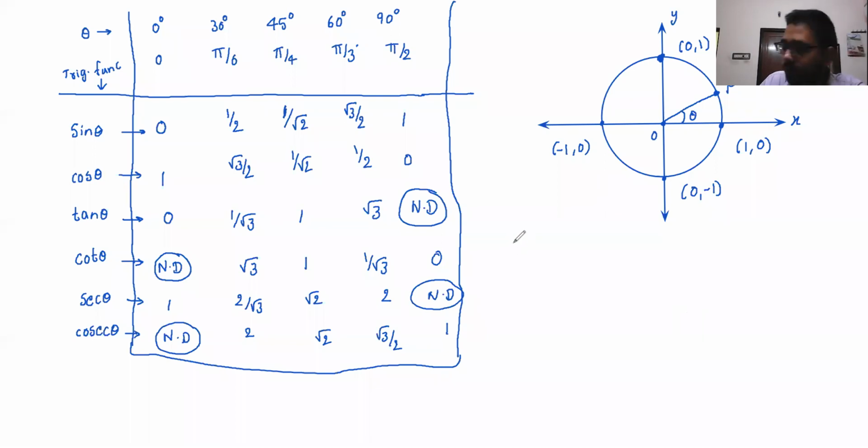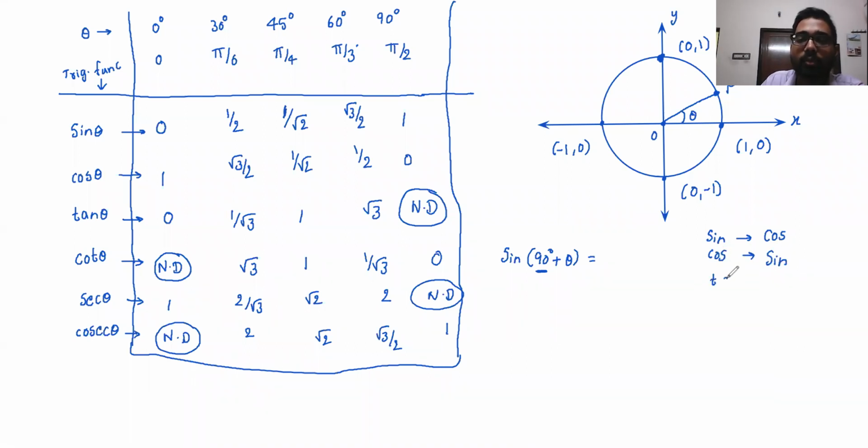Suppose I have sine of 90 plus theta, for example. Whenever you have an odd multiple of 90, the function will change. Sine will change to cos, cos will change to sine,